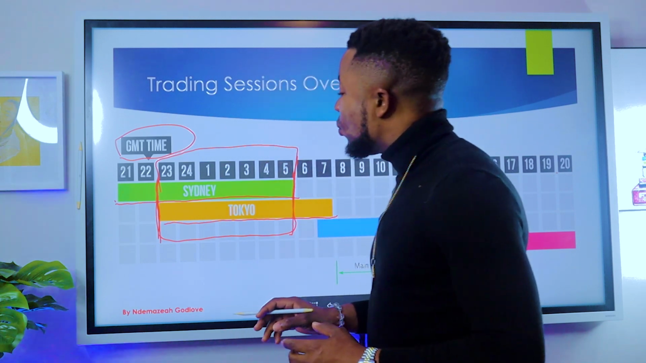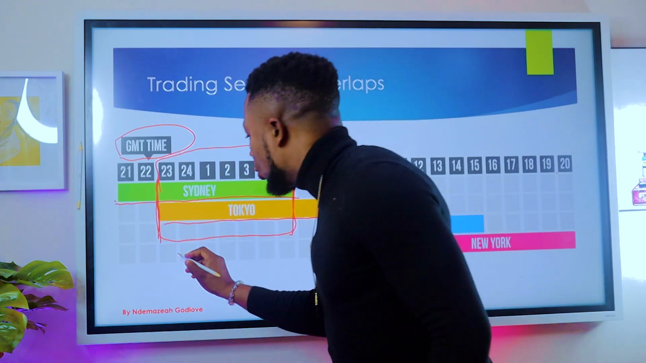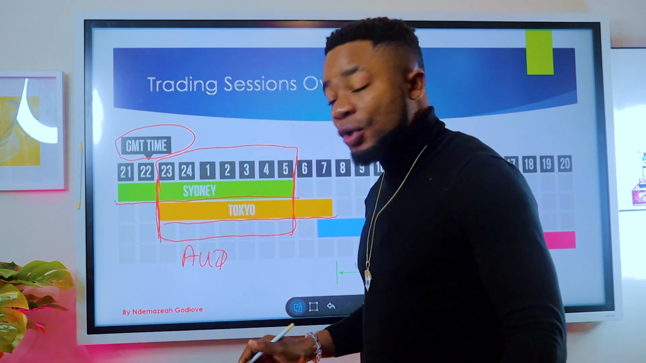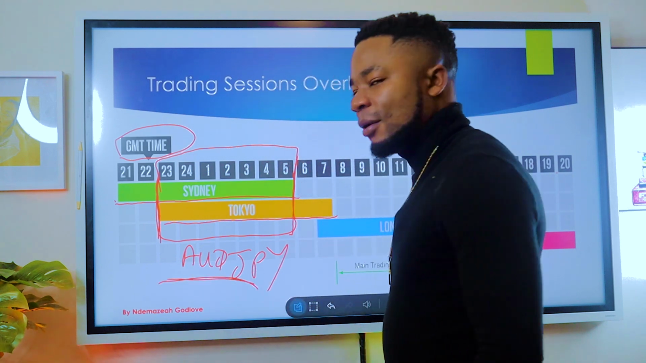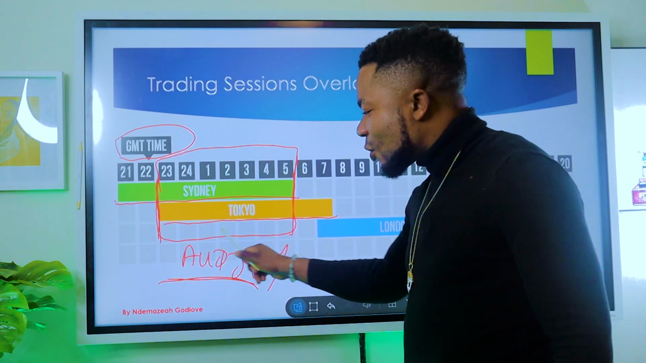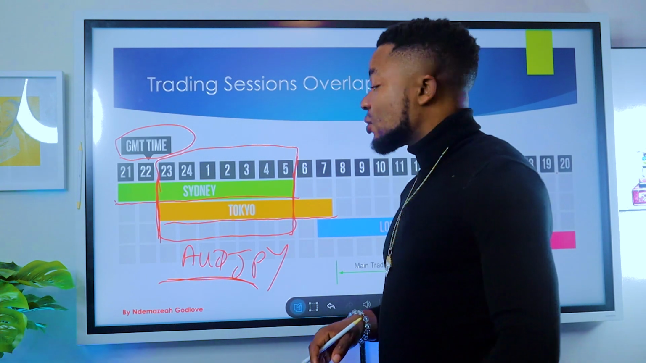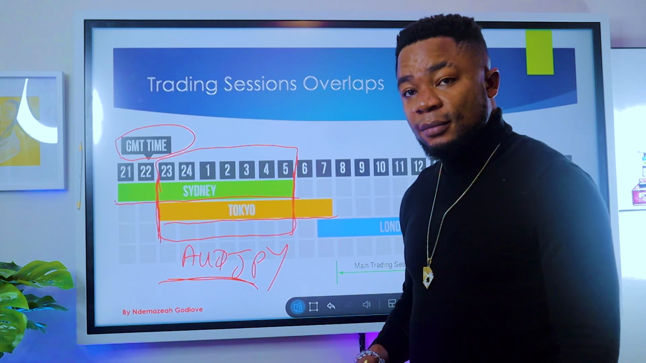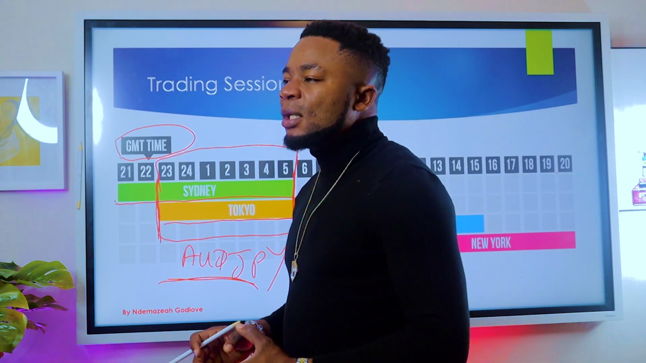So the currency pair which is best to trade at this point in time: Sydney is Australia, so it will be the Australian dollar, and the Tokyo is what? The Japanese yen. So you see, at this point in time, the best currency pair that you can trade, which is going to be very, very liquid, will be the Australian dollar and the Japanese yen. Because no matter, even if you check all the other currency pairs,